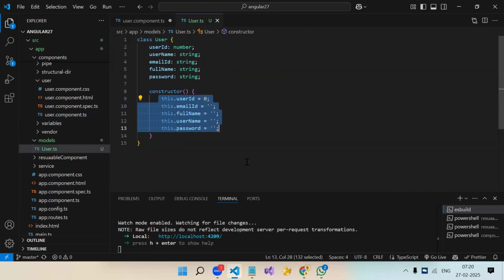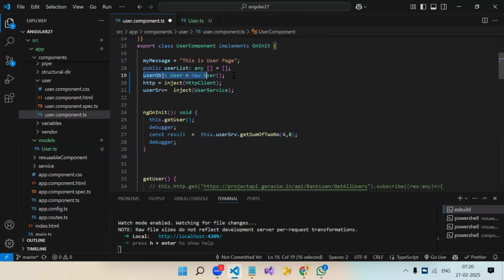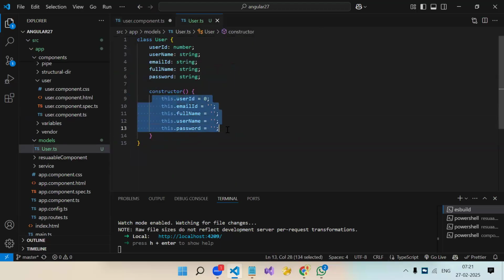Sir, that means we did not need to pass values there, right? That is what we do in Java or .NET. Sir, if we pass the value, it will get overridden, right? We don't have to pass it. See, in Java and .NET, you might be doing that, with a constructor parameter or whatever. But in TypeScript, we don't have to do that. We create a variable, and in the constructor, we initialize it with the default value, whatever default value we need. And whenever we create an object with the new operator, it will invoke our constructor and all the properties will be properly initialized. Understood?